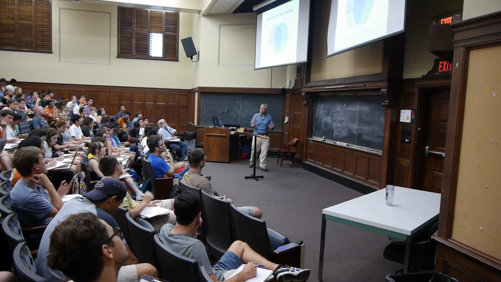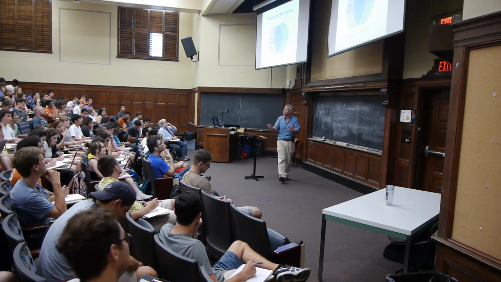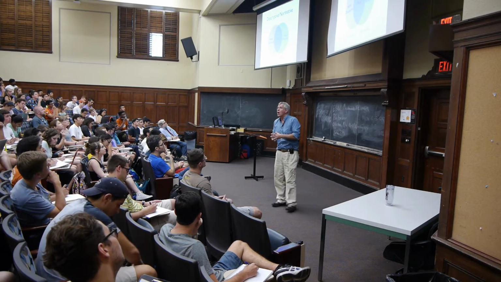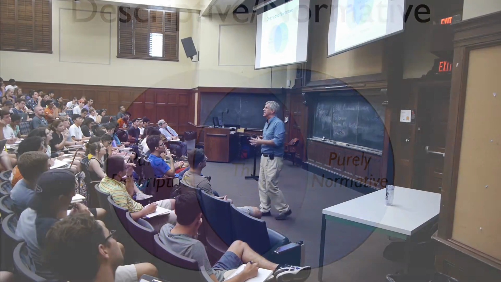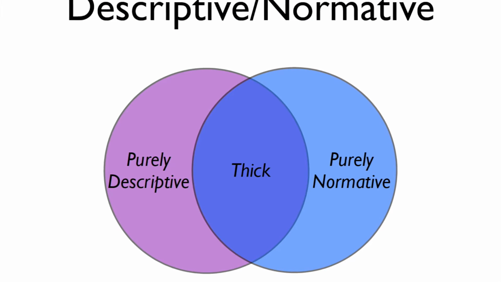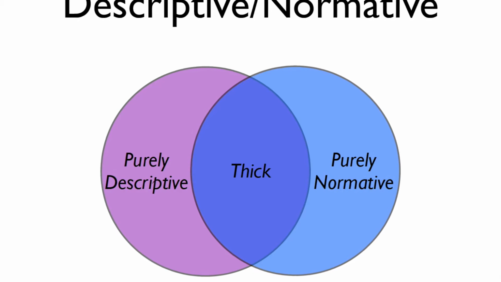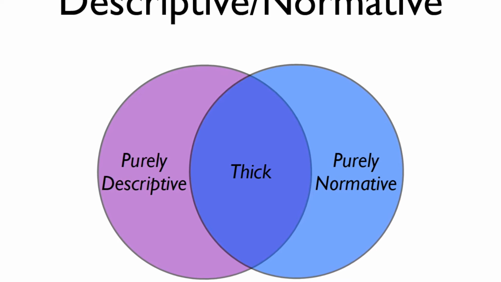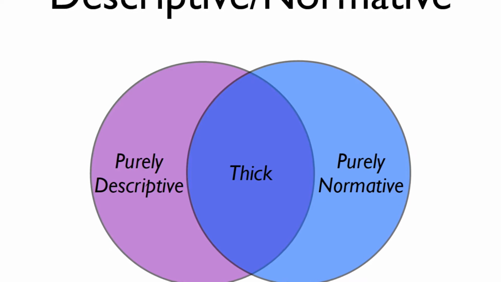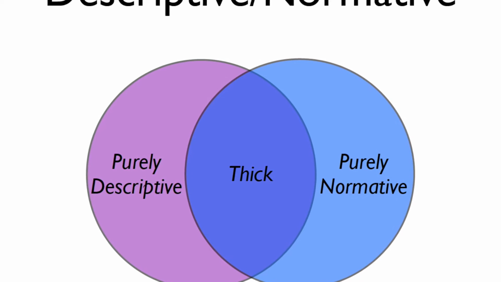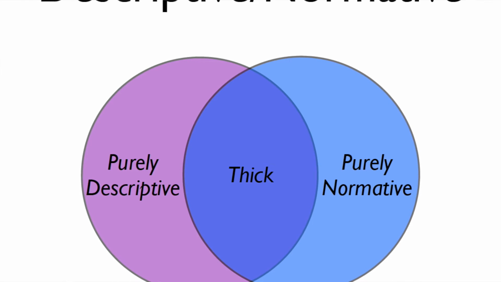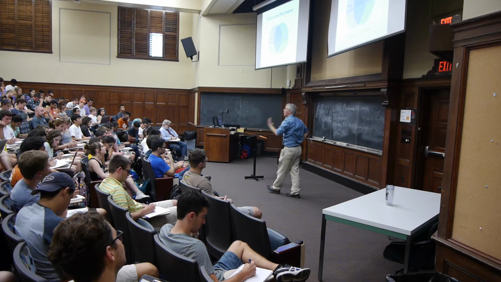Let's start with a basic distinction, the distinction itself between fact and value, between the descriptive and the normative. Some terms are descriptive, they tell us how the world is. Other terms are normative, they express norms, they express values in some way. And these things overlap to some extent. They are two separate things. Some terms both describe things and evaluate them. So, for example, some language is purely descriptive. It doesn't carry any value connotation at all. It's just describing the way things are.